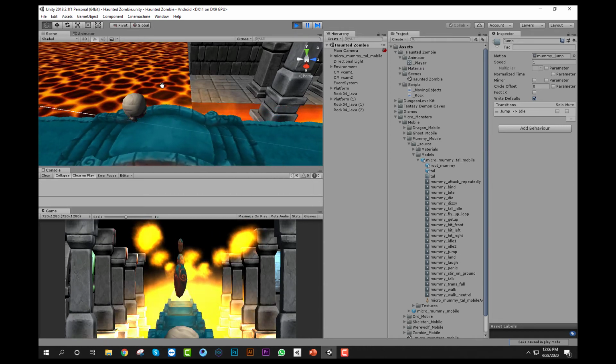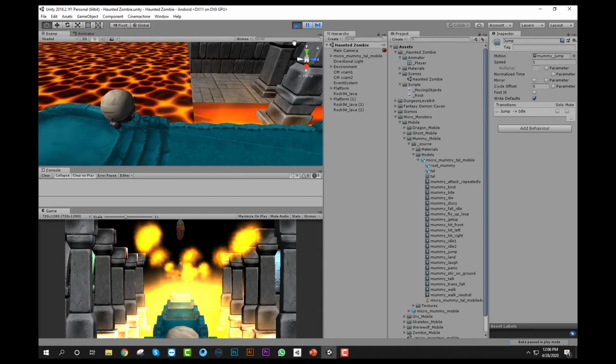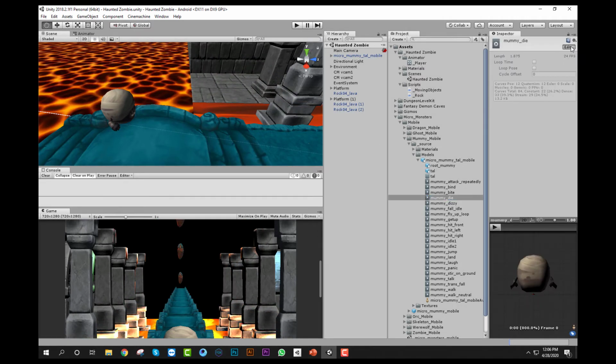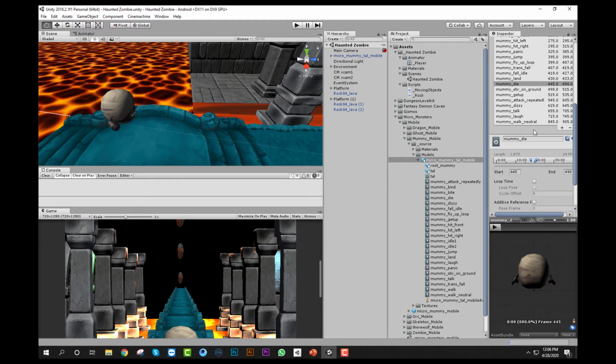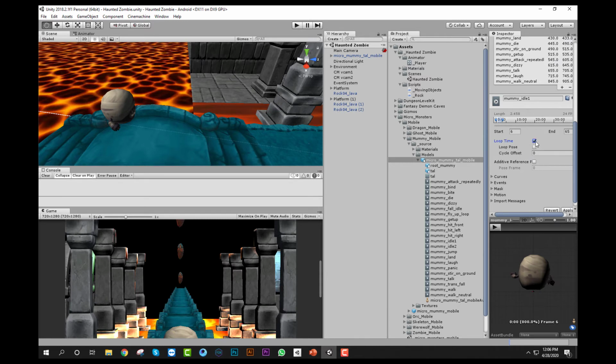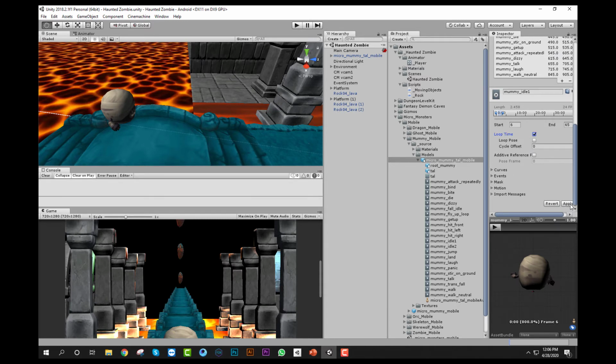The animation is stuck. Why? The reason is that the idle animation is not in loop. So let's go. Select the idle animation and apply the loop to this animation. Now check it out.